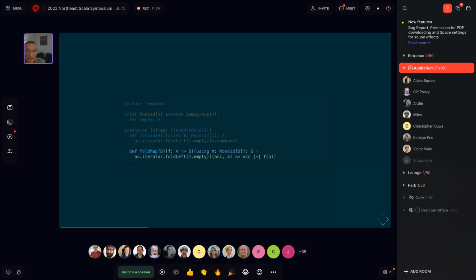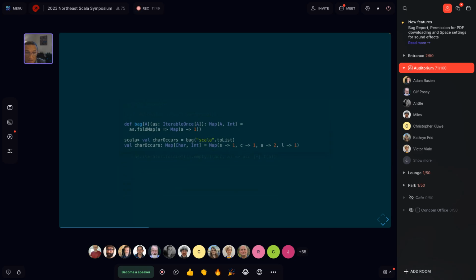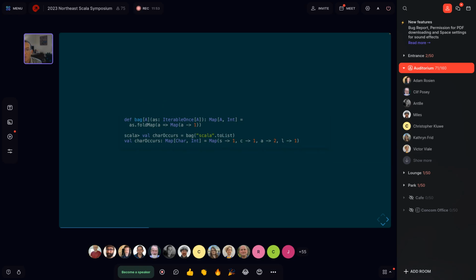So by defining those concrete extension methods at the top level of our package, then again, with that single import leopards.given, we can write code like this. So this function bag computes an occurrence map. Basically it says for every key in the map, the value represents the number of times that key showed up in the input collection.